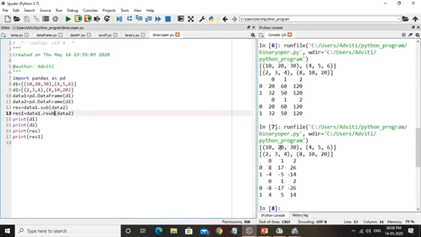Now 10 minus 2 is 8, 20 minus 3 is 17, 30 minus 4 is 26. But now 4 minus 8 appears as minus 4, 5 minus 10 is minus 5, 6 minus 20 is minus 14. Now look at the difference with rsub, right hand side subtraction. From now the operation is performed from the right hand side.